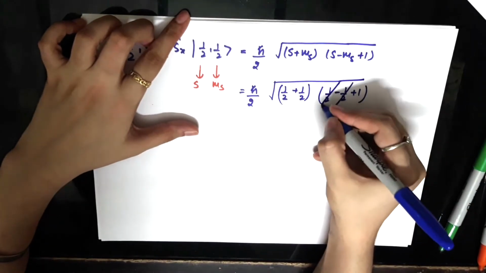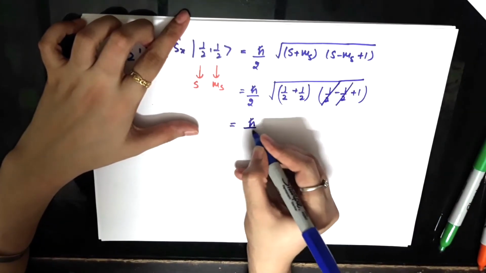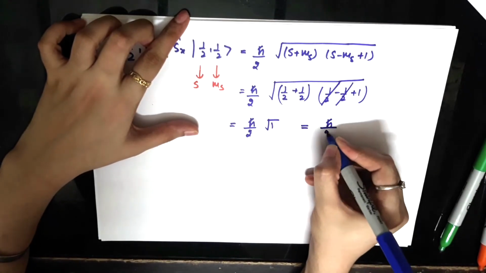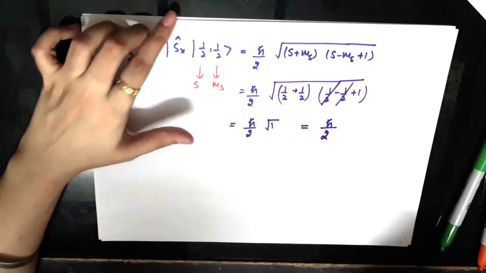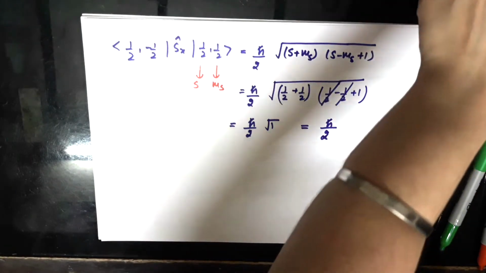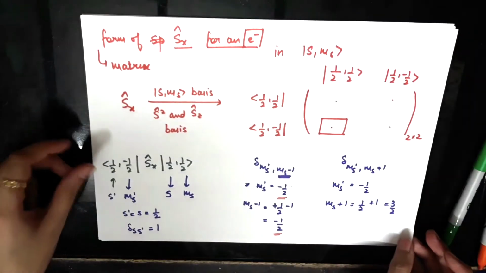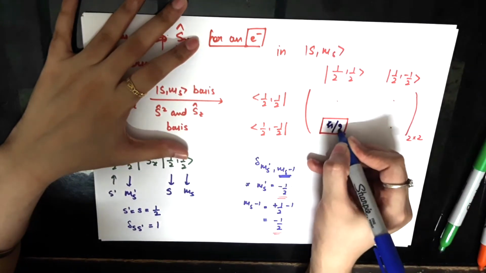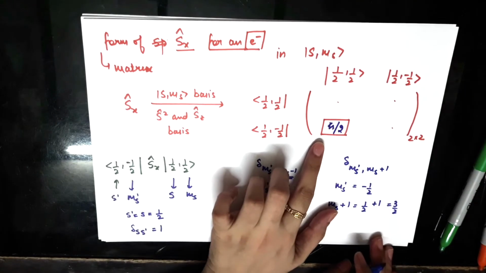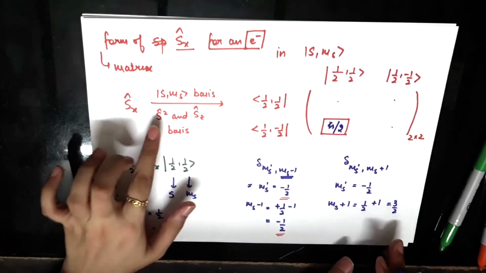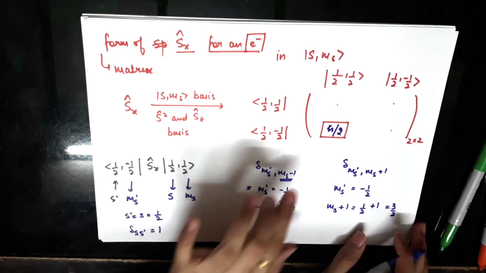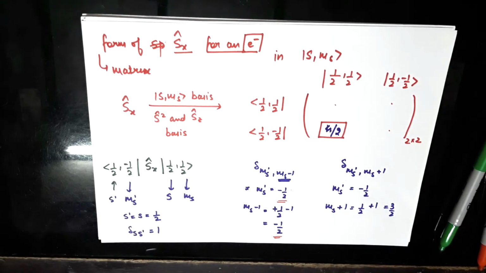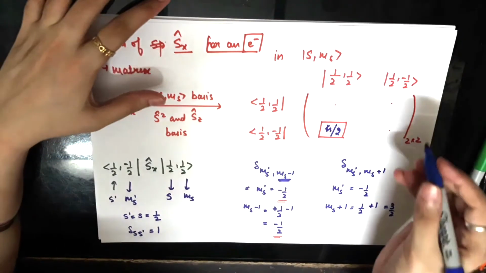So I get rid of these, and the matrix element that I started out with is ħ/2. This is an off-diagonal matrix element. So now you can see that I was calculating an off-diagonal matrix element, and unlike the S squared and Sz matrices, this matrix element is non-zero. And in a similar way, I could do the computation for some other matrix element.